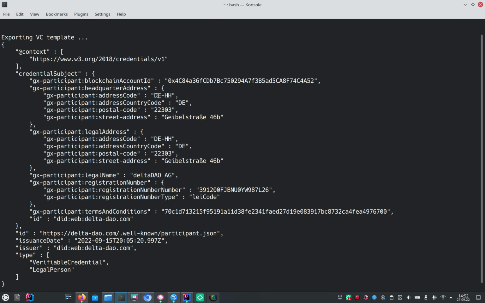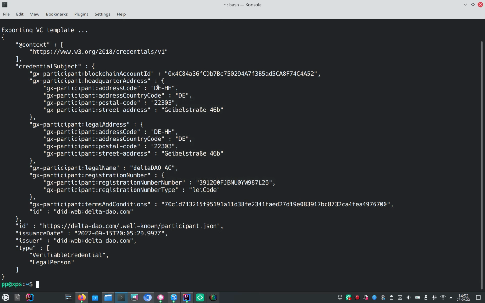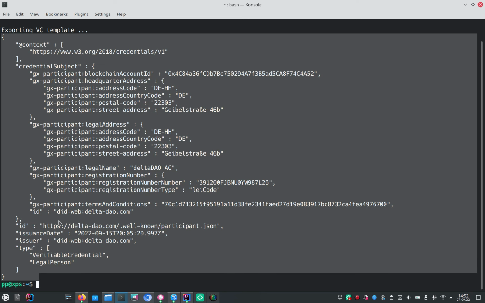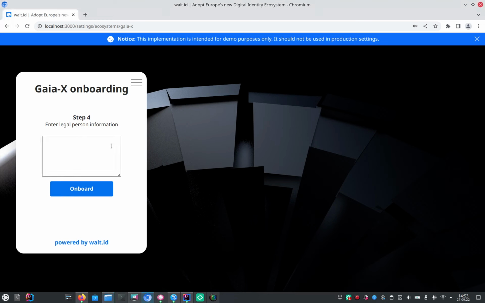And as you see, here are the values, and here you should substitute them with your accurate values. Germany, and the postal code, street address, and so forth, like code, company name. So for the time being, I just use this example data and paste it in here